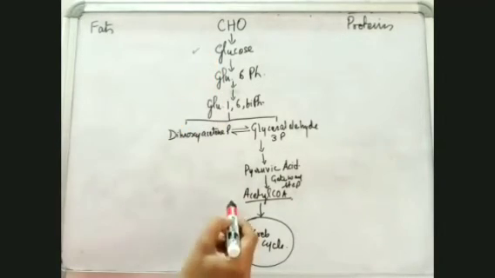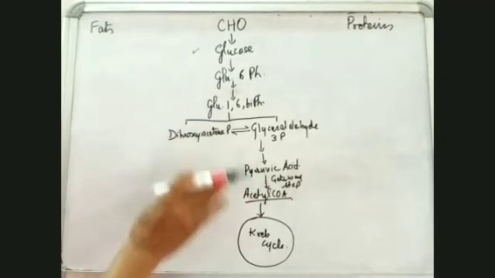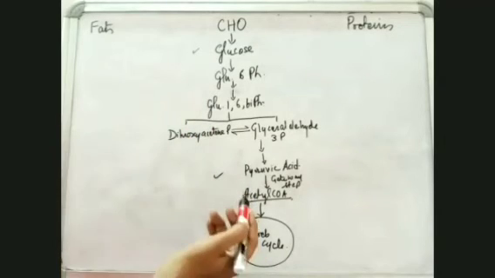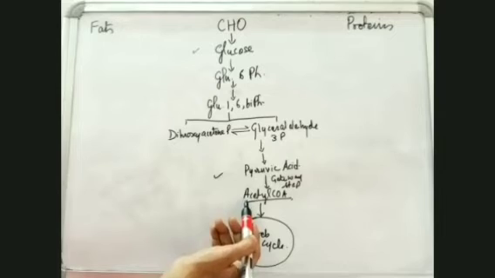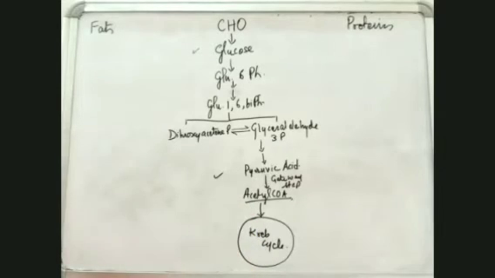From here to here, till the pyruvic acid formation, it's glycolysis, and then the gateway step, oxidative decarboxylation, and then the Krebs cycle. This was how the carbohydrate molecule was oxidized, or underwent the respiratory pathway, and finally it resulted in the production of some ATP molecules. This is what happens with carbohydrates in our body.